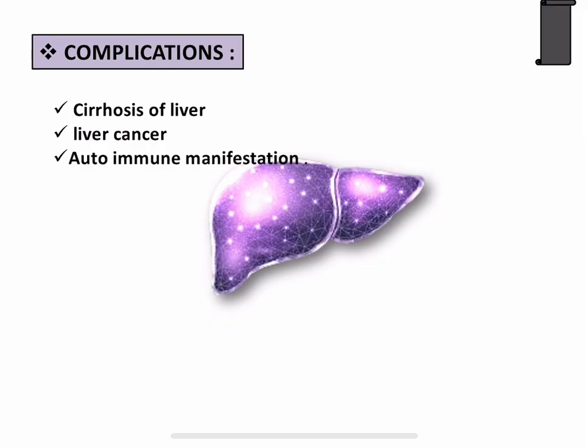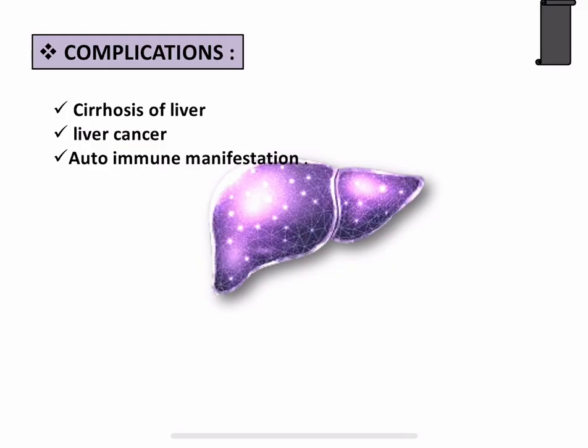Further, there is liver cancer. The chronic injury to the liver over many years results in cirrhosis of the liver. Now, the damaged liver cells will start to multiply out of control, leading to the development of hepatocellular carcinoma. And also we discussed the autoimmune manifestations, where the hepatitis D virus antigen, instead of destroying the HDV virion, sometimes the cross reaction can occur and the antibodies can start to damage our own body tissues, muscles, joints,